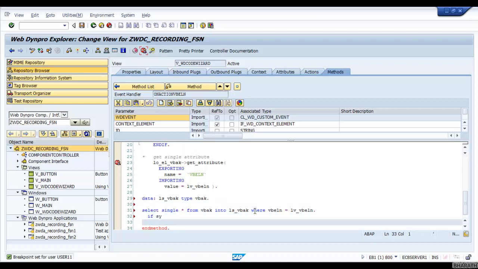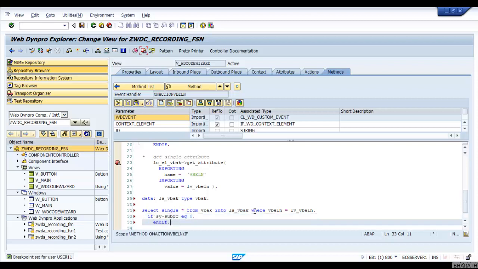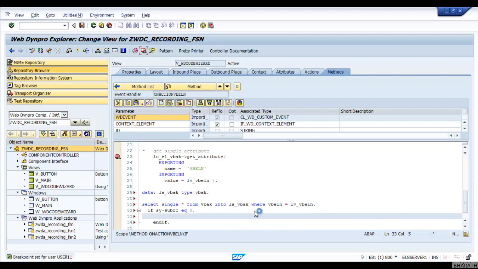If sy-subrc equal to 0 and if. Now save it.